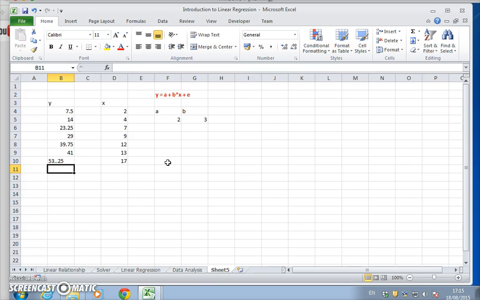Okay, so 2 and 3 no longer really hold here, right? They might be close to the correct parameters, but we do have an issue if we assumed the values are 2 and 3. When we generate the fit, y fit, how do we generate the fit? It would be equal to